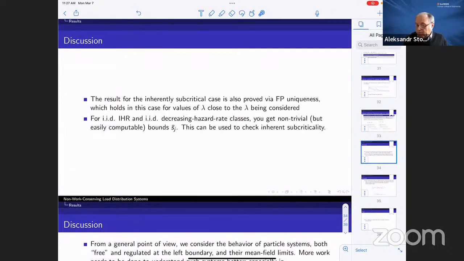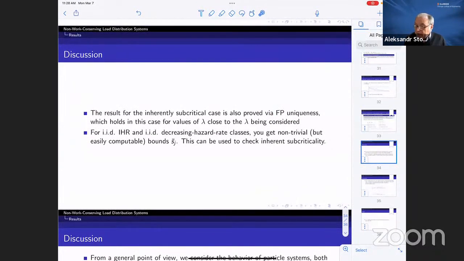So in fact, that case of inherent subcriticality, it's actually an afterthought of this analysis involving uniqueness of fixed points. It's also proved basically this way. So if you have an inherently subcritical case, you can show that you have fixed point uniqueness, locally, for the lambdas. Okay, maybe not all, but locally it is. And another thing is, if you have increasing hazard rate components, you can very easily get a non-trivial upper bound on the total amount of work,